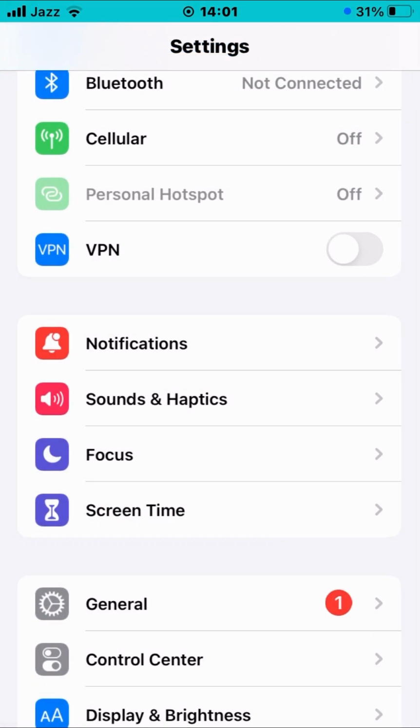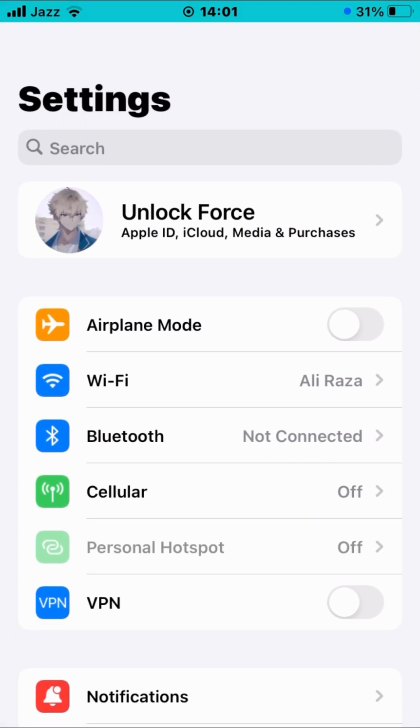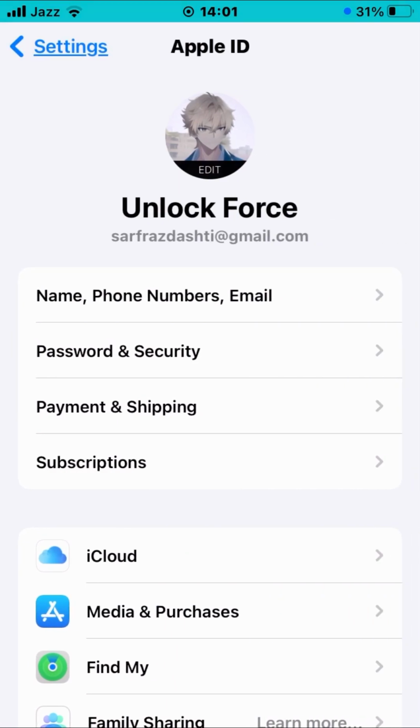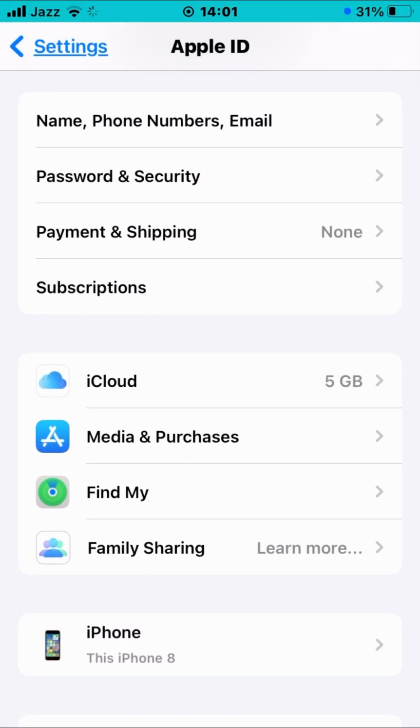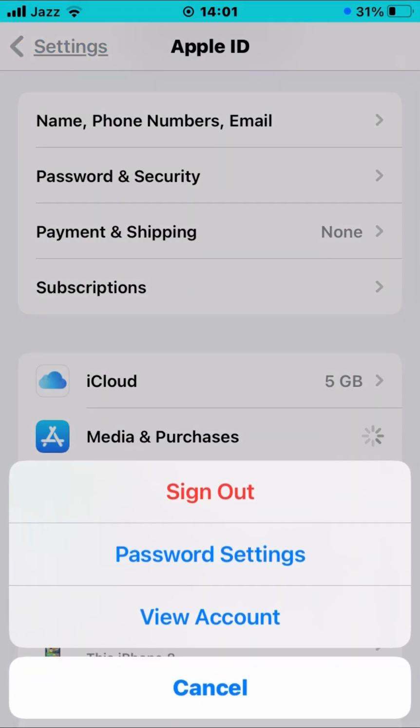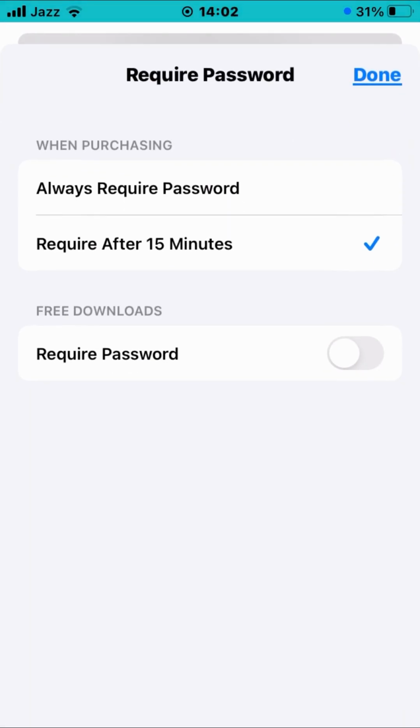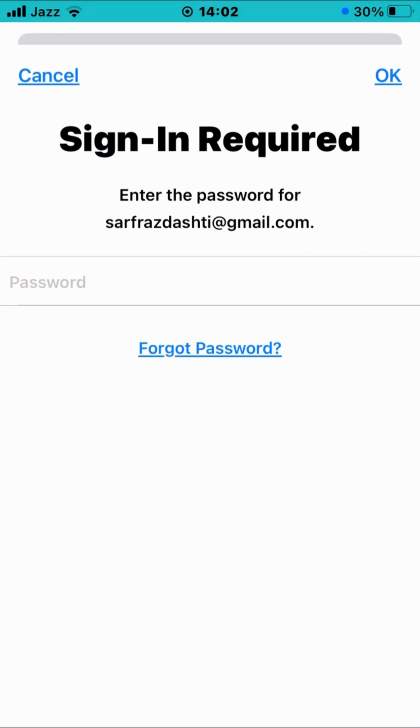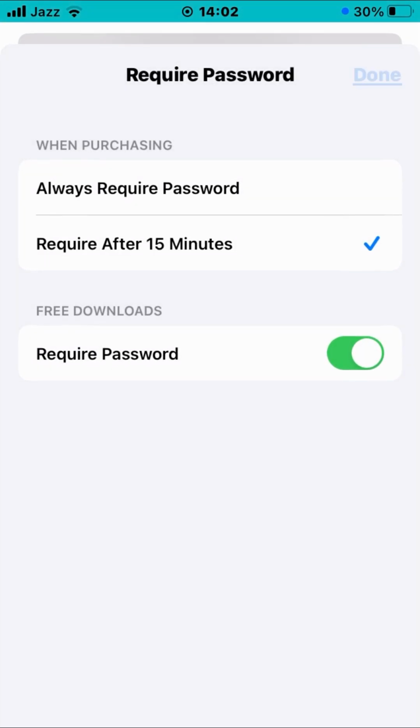So go back to your Settings menu and then tap on your Apple ID banner name. Tap on Media and Purchases, tap on Password Settings. As you can see, guys, Free Downloads is there. So turn the toggle on, give it your Apple ID password, tap on OK, tap on Done, and then